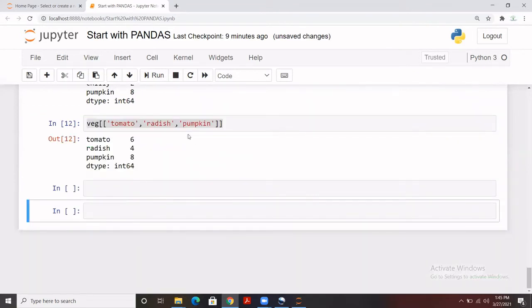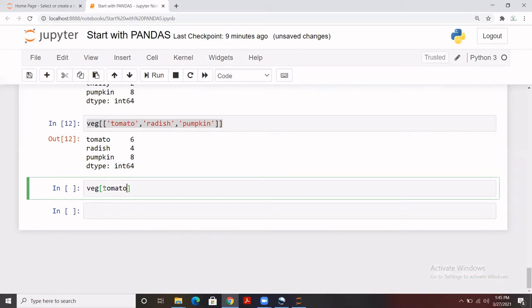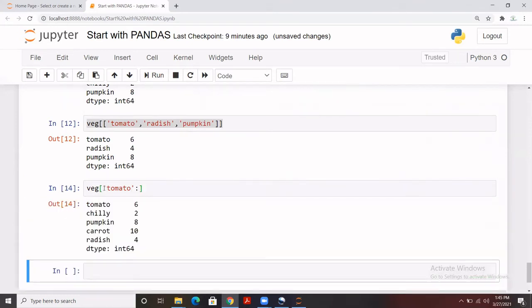Apart from this, we have some more options. For example, we want to extract everything after tomato. That should be in quotes, and we can simply leave the end range blank. So it starts from tomato and goes till the end. We can also give only the last range like this. We can leave the first range blank like this. Either you put blank or you put nothing.